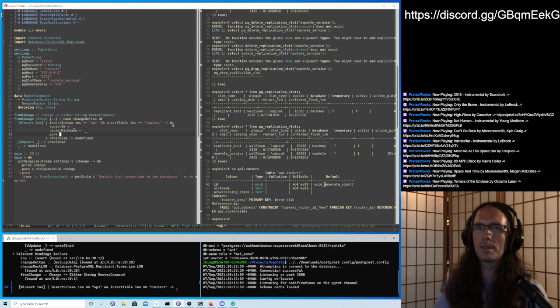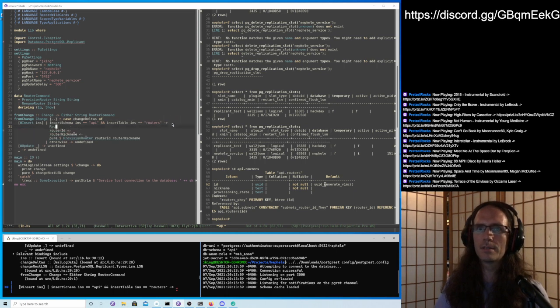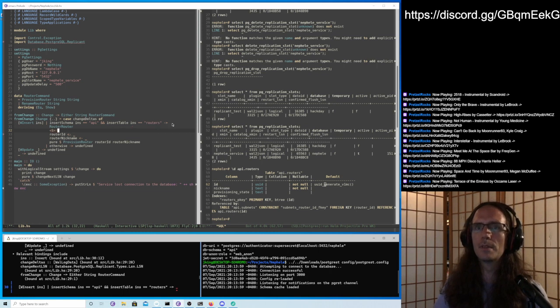And then we have to return our command, which is going to be version router with the router ID and the router nickname. Yeah. That can also be rewritten a slightly different, better way, which is what is being handed to me right now, which is to use functors and maybe an applicative instance as well, I think.